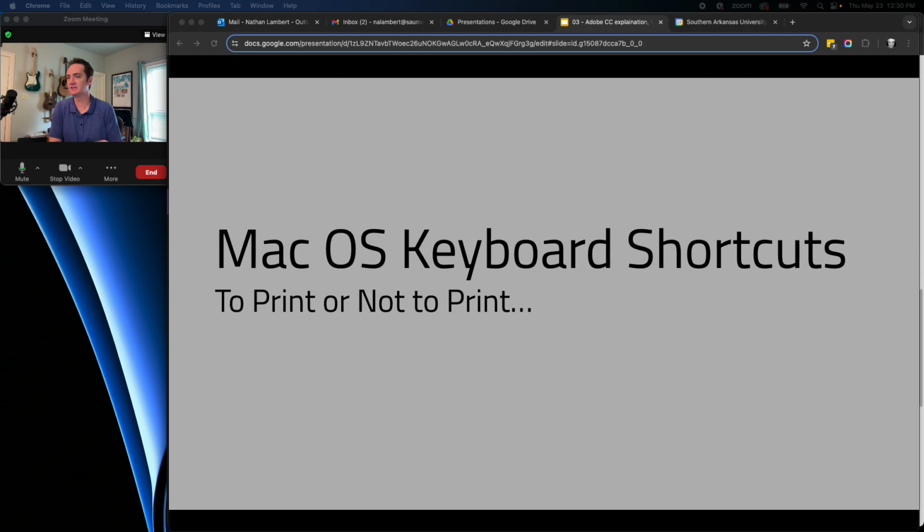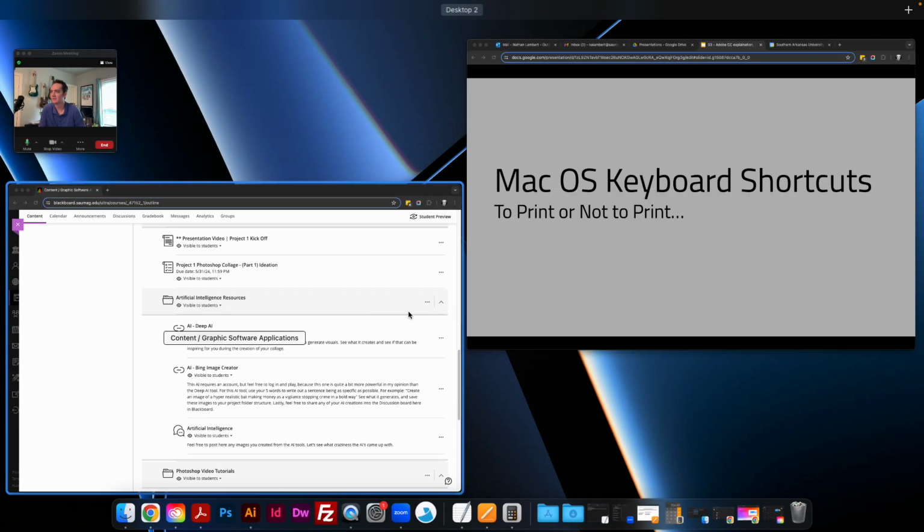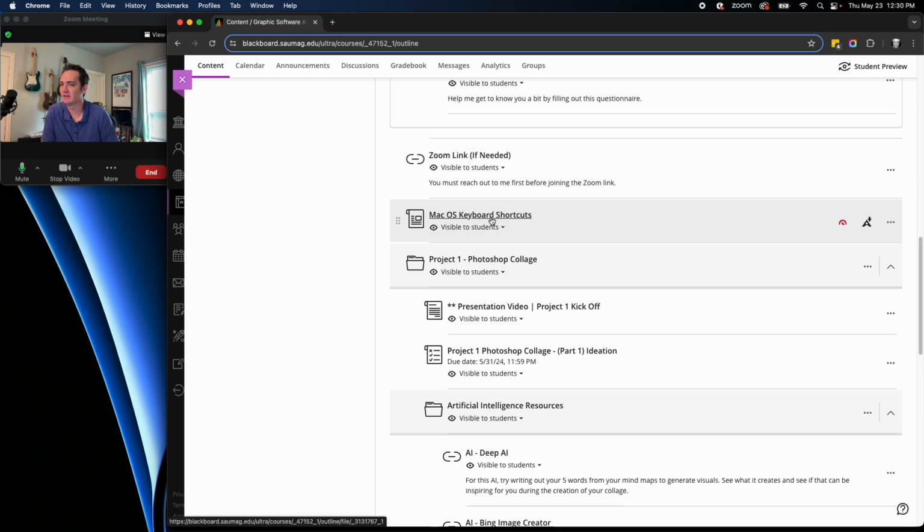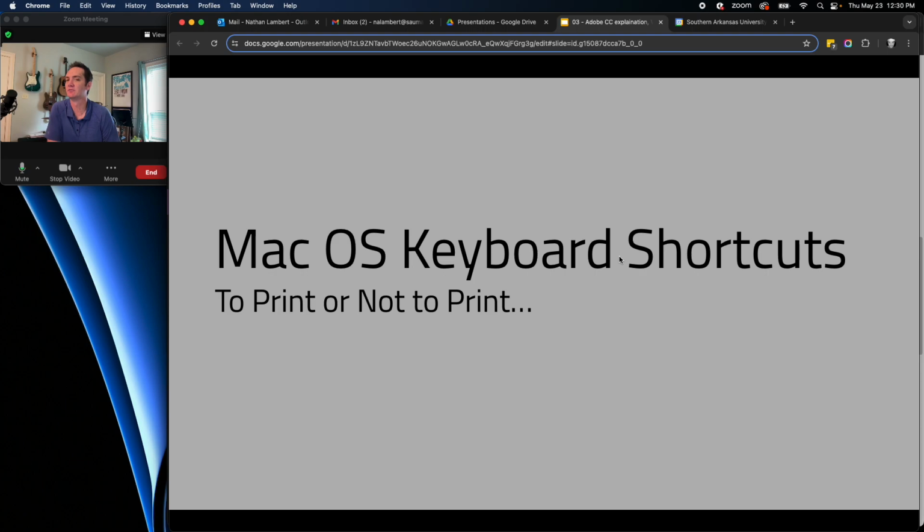There are a lot of key commands that I love to have students start using. If you've never used key commands, you should. You need to. They make you a lot faster. In Blackboard, there's a PDF here. So download that, print it, study it. There's a lot of really good, useful key commands that I want you to start practicing because it makes you